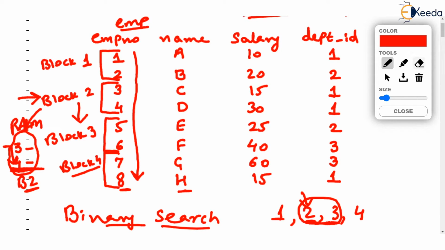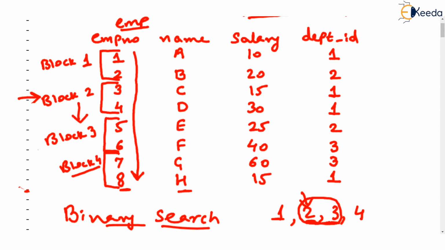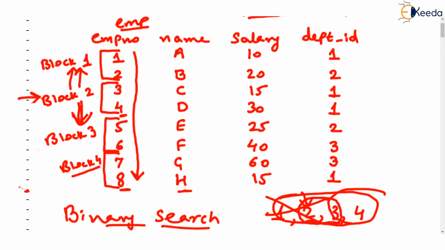Let me clean a few things. So what happens now? Block number 2 does not have the record of our interest. We are searching for 8. And listen, block number 1 also cannot have that record, because 4 itself is lesser than 8, so 8 must be below this. So in this list 1, 2, 3, 4, blocks 1 and 2 are simply ignored now. And 3 and 4, the remaining blocks, are under scrutiny. Now, for 3 and 4, I'll write here block numbers 3 and 4.